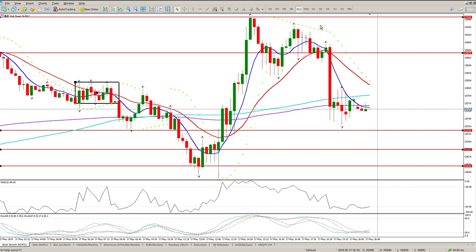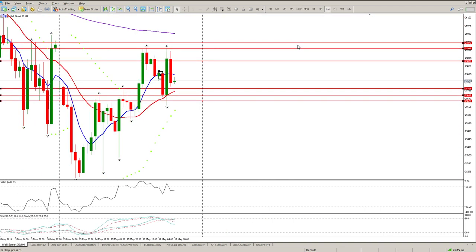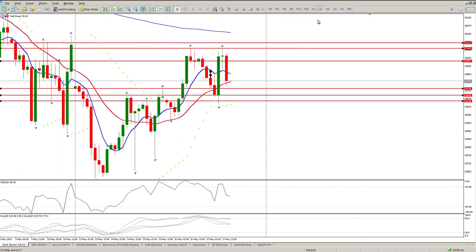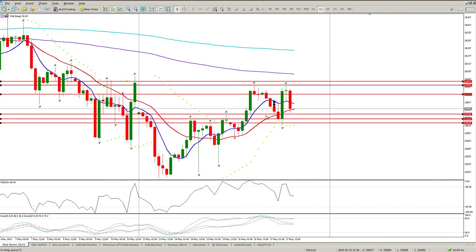And the reason for that is if we look at the 4 or the 3 hour, the trend has changed. We are moving to the upside. So I'm just looking for long entries because I'll take my trend off the 3 or 4 hour. And what indicates the trend? Moving averages and the parabolic SAR. Okay, now